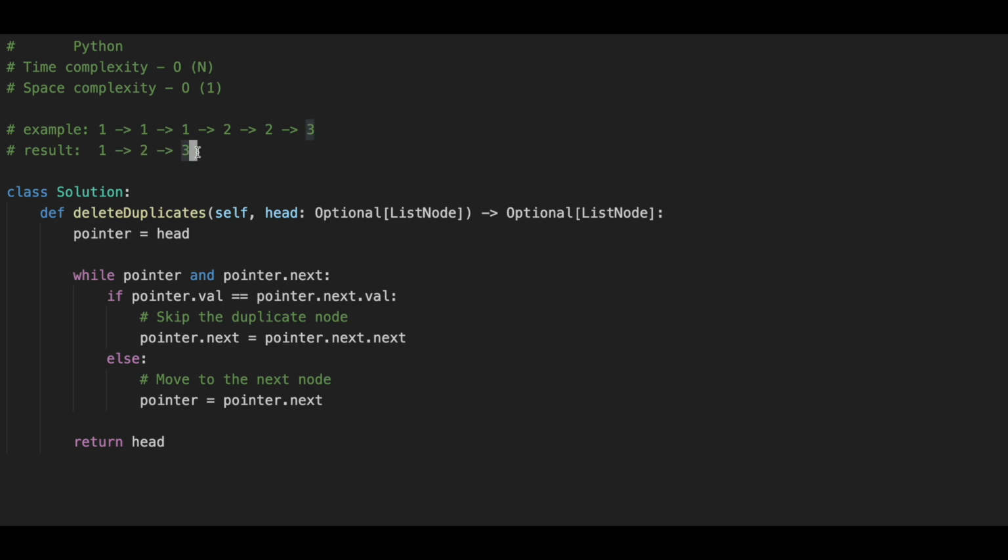So how are we going to solve this problem? The way we are going to solve it is, first, we create a pointer so as not to lose the head of the linked list, so we create a separate pointer which is pointing to the head. Then we are in a while loop while our pointer and the pointer next are not equal to null. So what we do is we check if the pointer value equals the pointer next value,